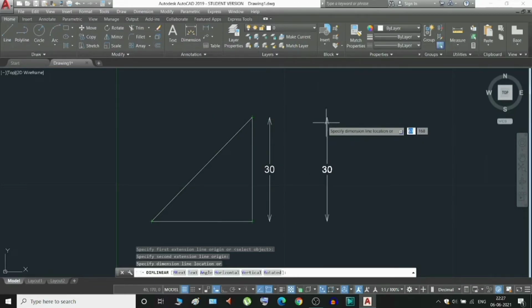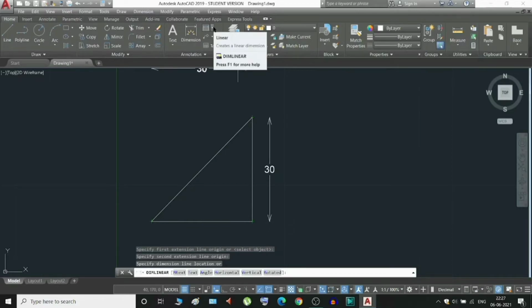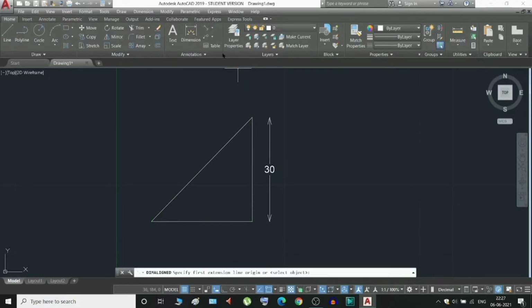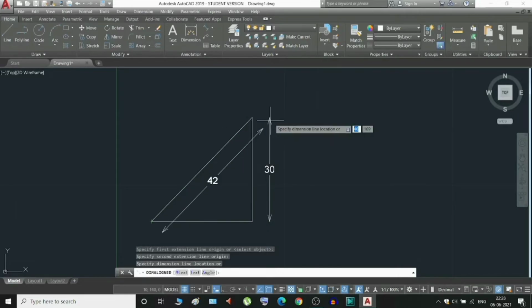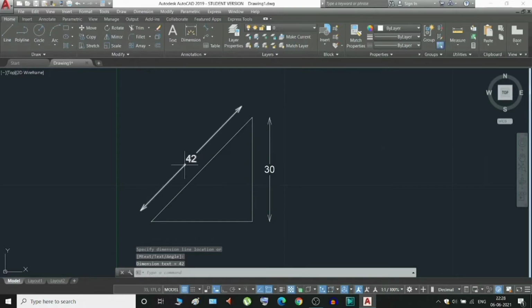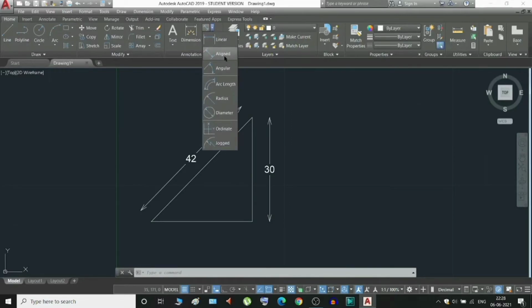As it is showing 30, it is not possible for this line to be the same as this line. So I will select the aligned line and then I will click on this and this, and then only I can see that it is 42 millimeter. So this is the difference between aligned and linear line.